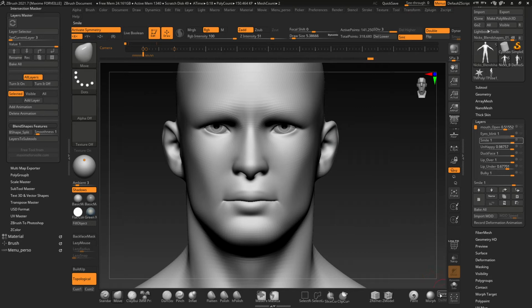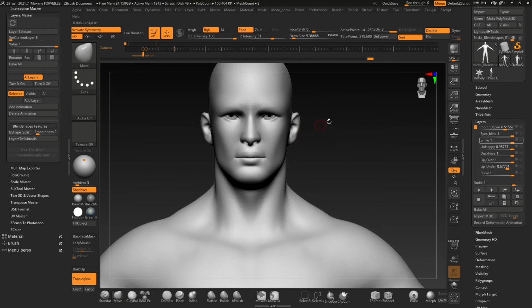Then you should store a morph target. You can do it just once. Even if you have multiple blend shapes, you will store only one, in the neutral pose. Then I can use B-shape split, but